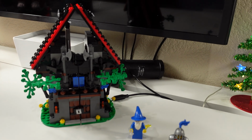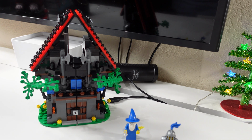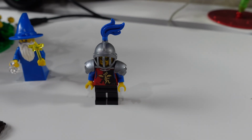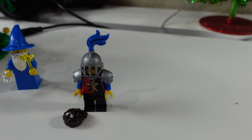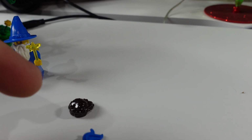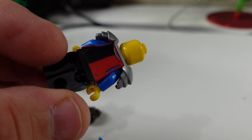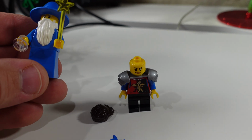Now this version did have about 360 something pieces, but the original only had about 185, which is normal with these types of sets. Now, with the minifigure, we do have a female knight with also a hairpiece, so you can switch out the hairpiece. Now, with the knight, it is a single face knight, so that's the face you get. Nothing else. You do get front printing and back printing on the knight, but with the Wizard Majisto, you just